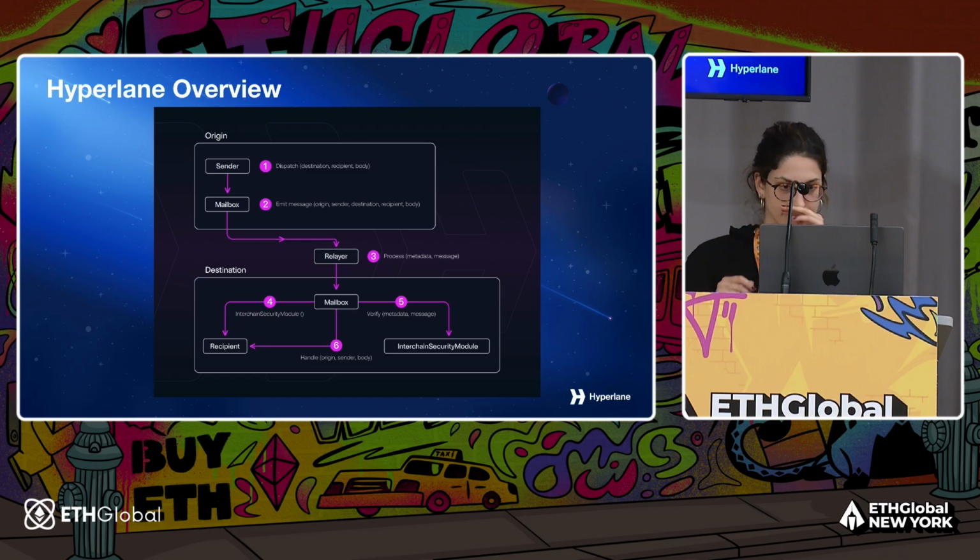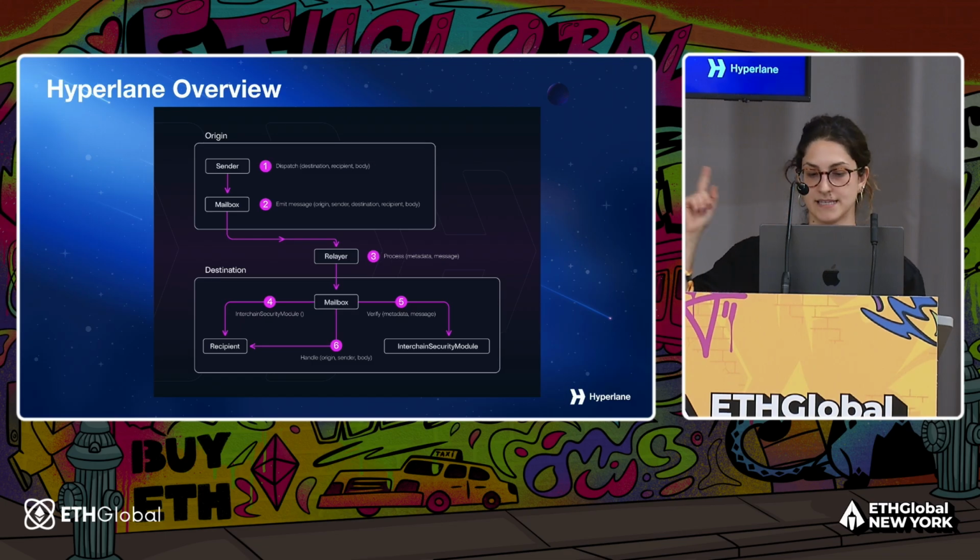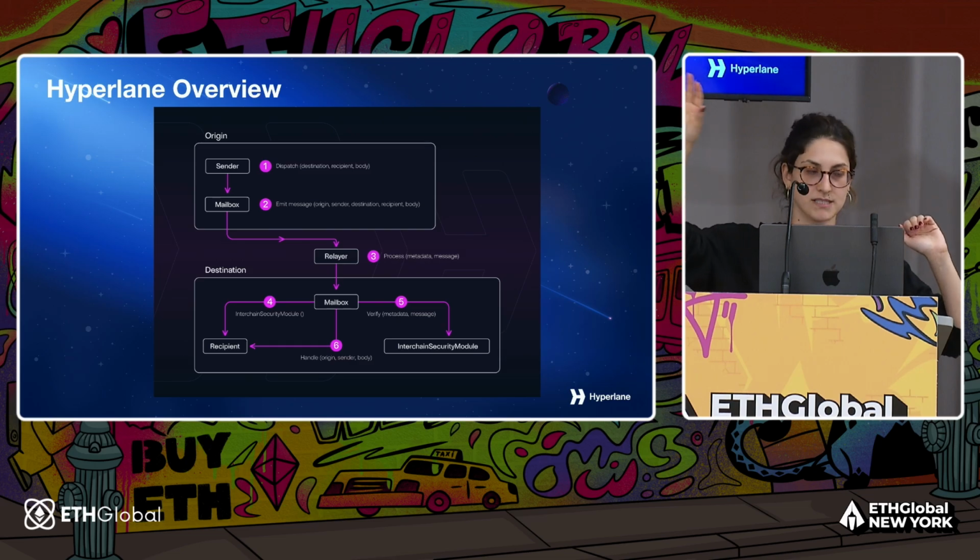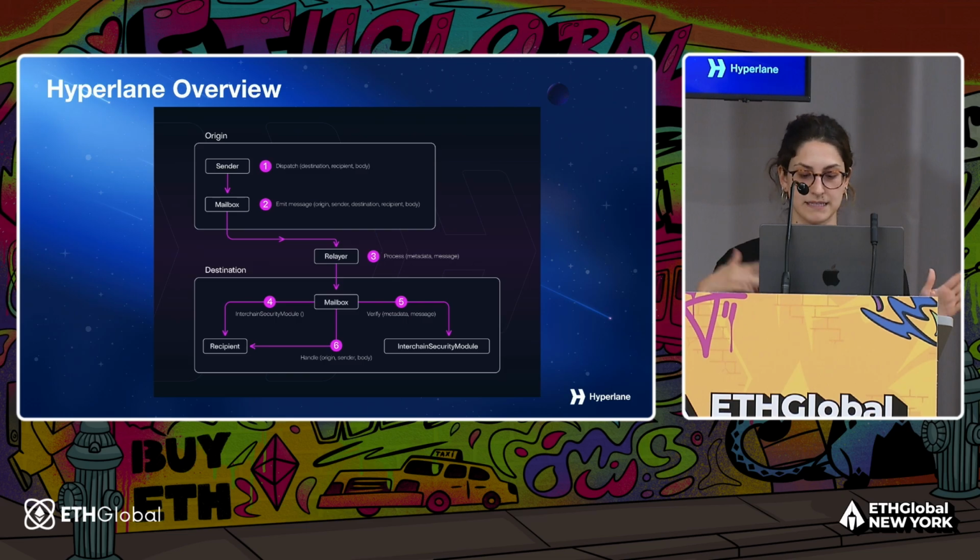So essentially what happens is that a sender sends a message to the Mailbox on one chain. It's carried by the relayer to the destination chain. The Mailboxes are basically smart contracts deployed on chain. The relayer is the off-chain agent that carries the message. The recipient gets the message. And then there is the Interchain Security Module, which verifies that the message is adhering to the security